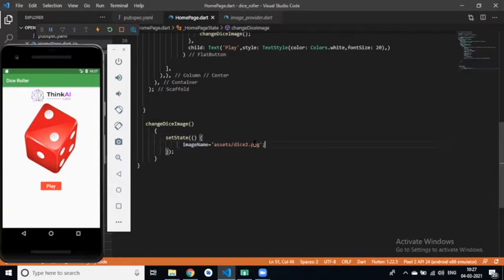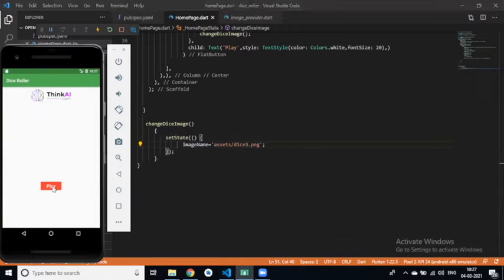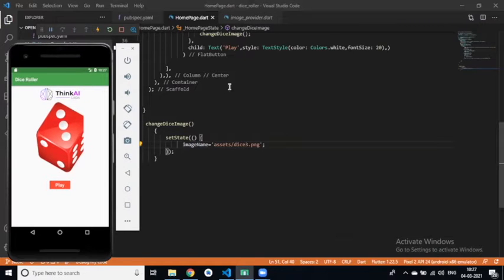We can define dice 3 and all, and click on this dice 3. Understand how we can change our variable state in Flutter with the help of the setState method?